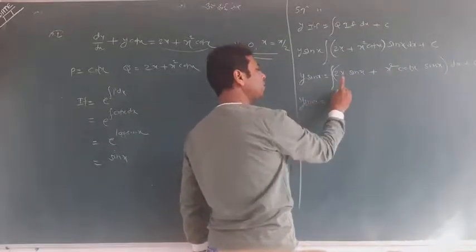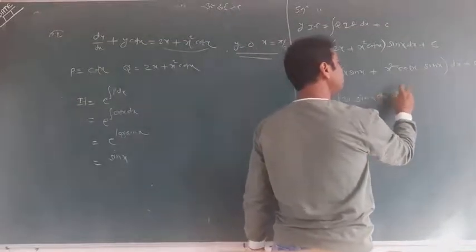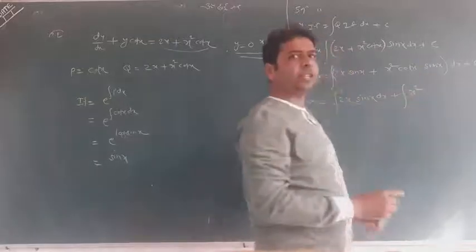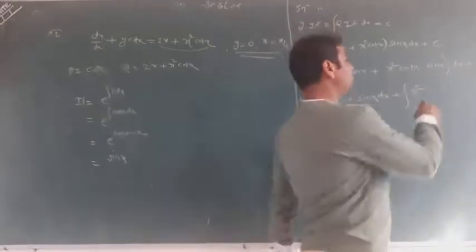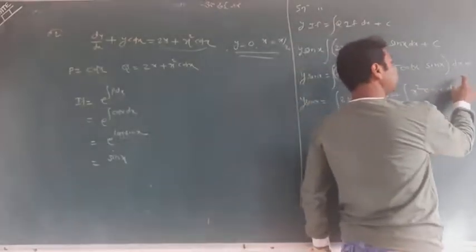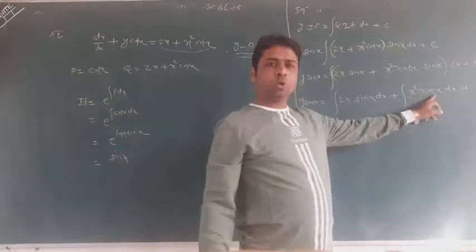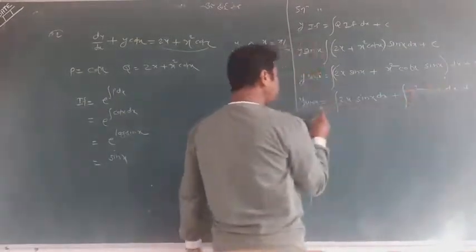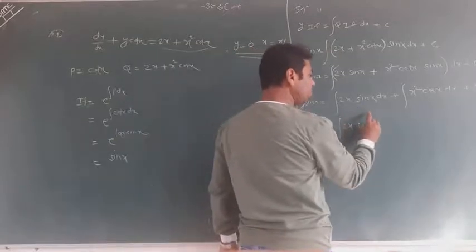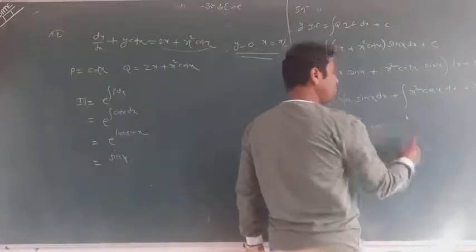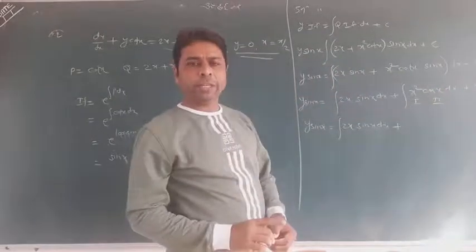Afterward, y sin x. I break it in two parts. First integration and second integration. Can you see? This is cot, meaning cos by sin. So sin and sin will cancel, so only cos will remain here. Now we have two terms, this and this. So okay, I'll go with this. And please see the importance of the question. I am not doing this term, and by ILATE law I will take this one.